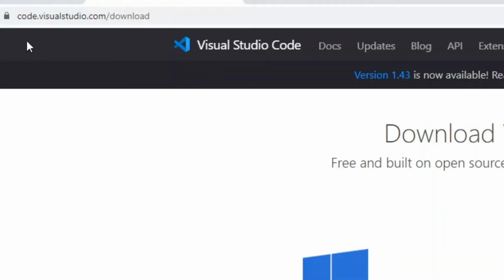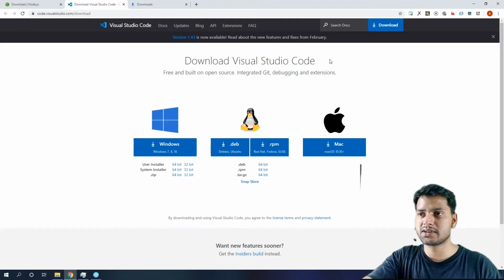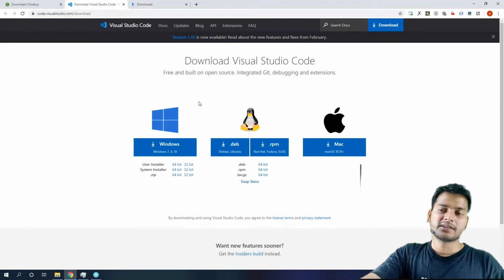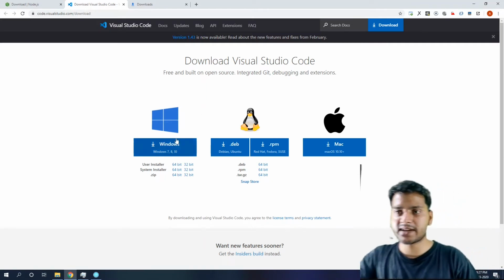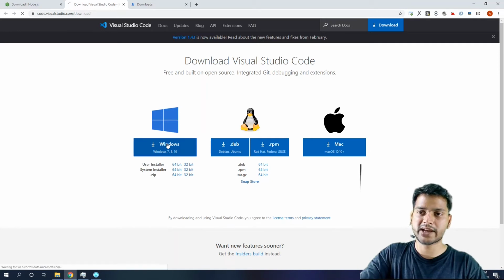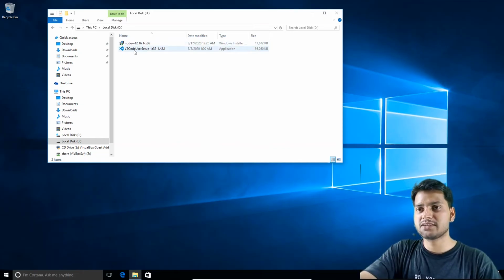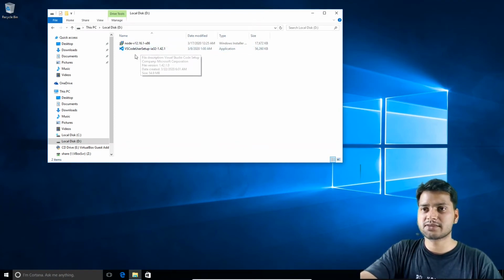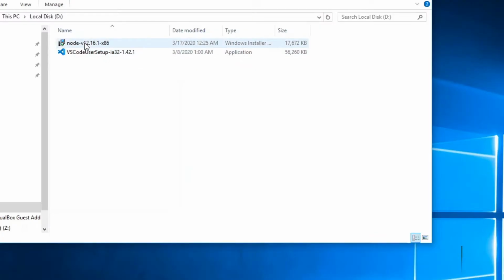And after that go to code.visualstudio.com/download, and this is our code editor, and it totally fulfills our needs. Click on download, or you can choose 64 or 32 bit. I am going to click on that. Windows is actually for 7, 8 and 10, so I'm going to click that. So now our Node.js and Visual Studio Code are downloaded successfully, and now I am going to install